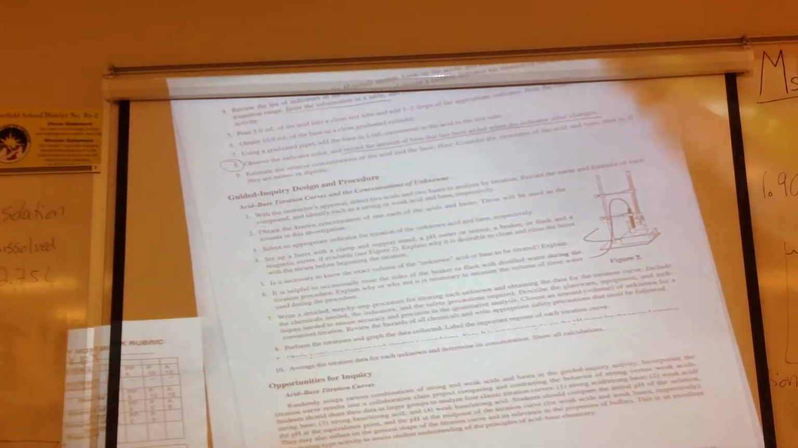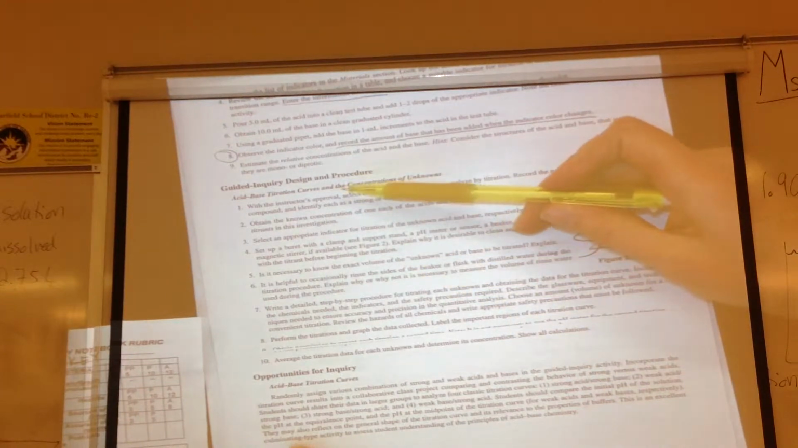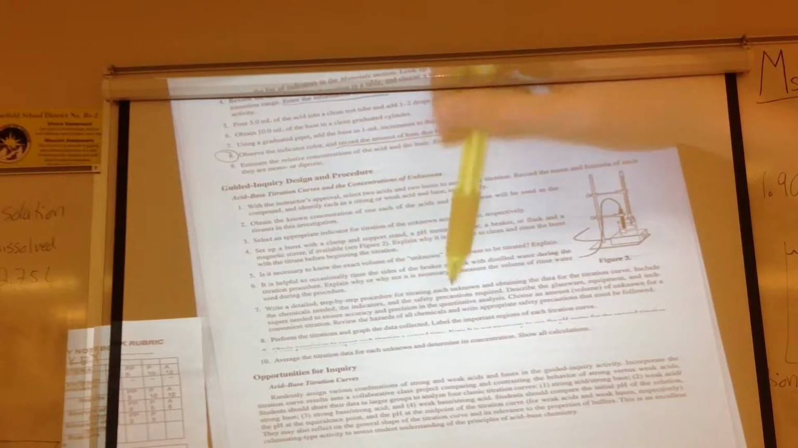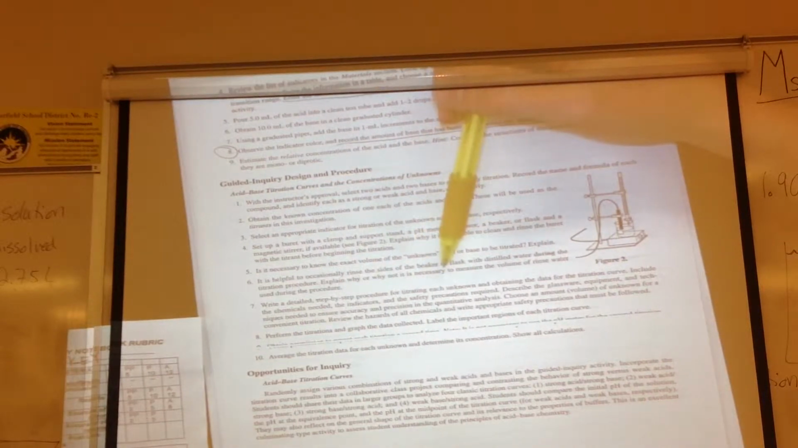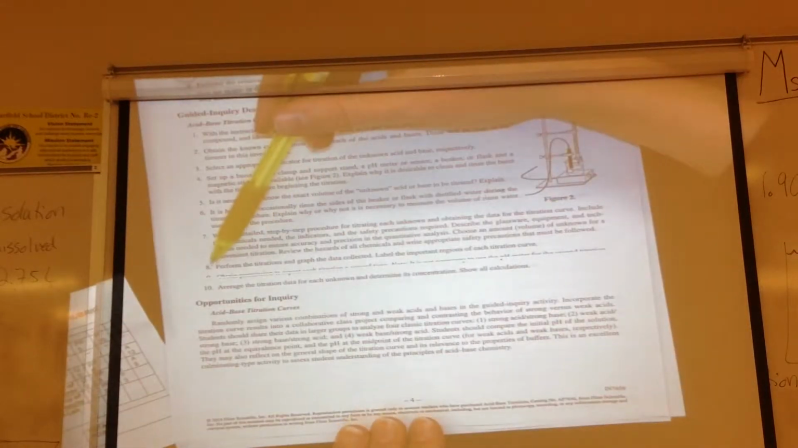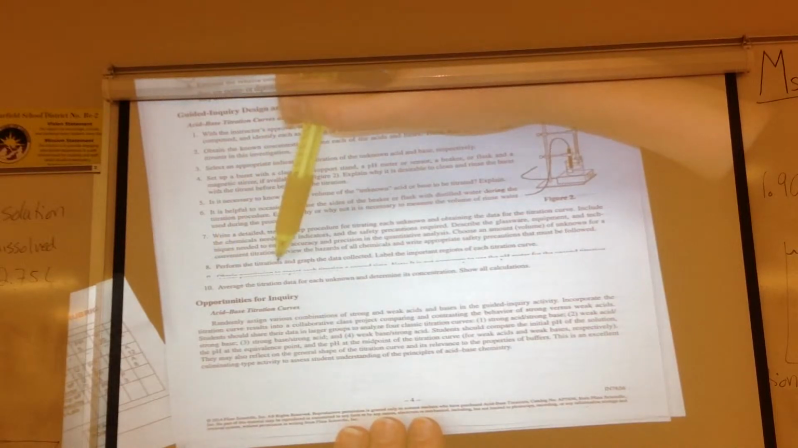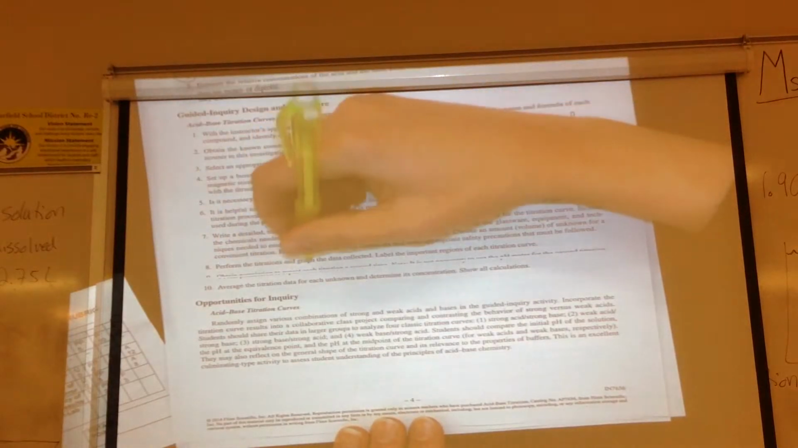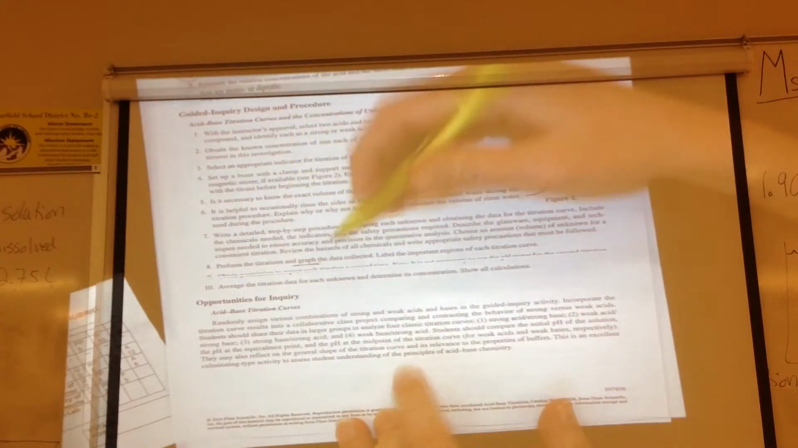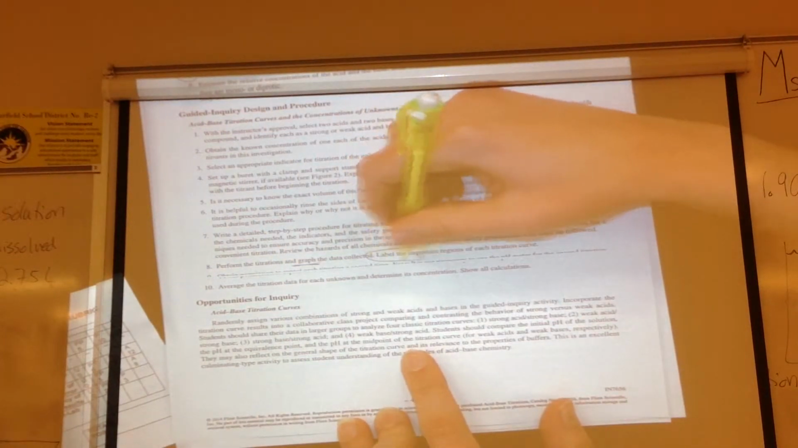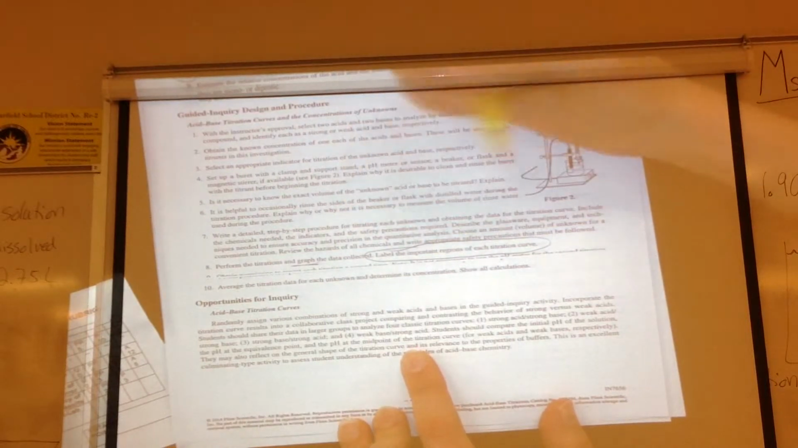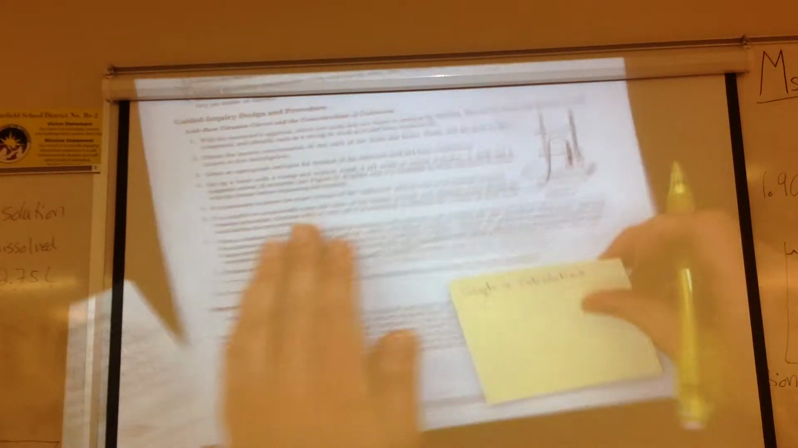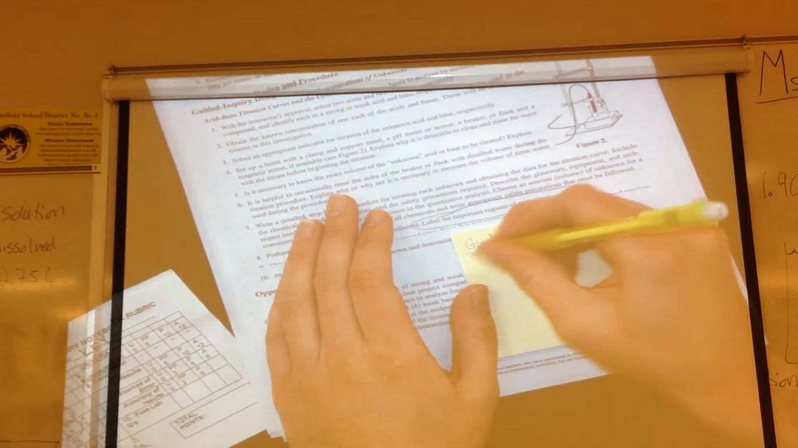So down here in our guided inquiry procedure, this gives some other information but not the direct procedure. Down here at number 8, it says perform the titration and graph the data collected. That's the graph I'm looking for. Then it says label important regions on the titration curve. The important regions I would like you to do, so in your graph,